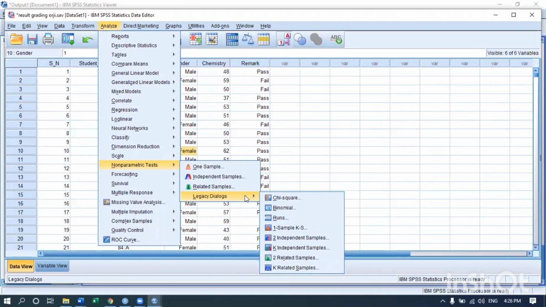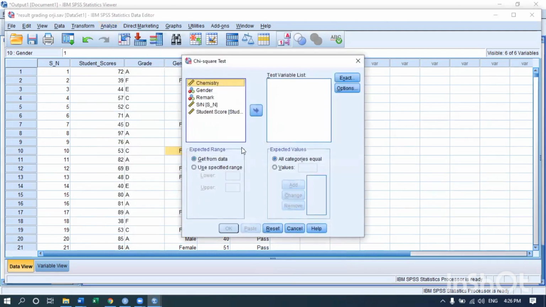What will you do? You go to analyze, you go to non-parametric test, you go to legacy dialog, and you go to chi-square. Then you move your